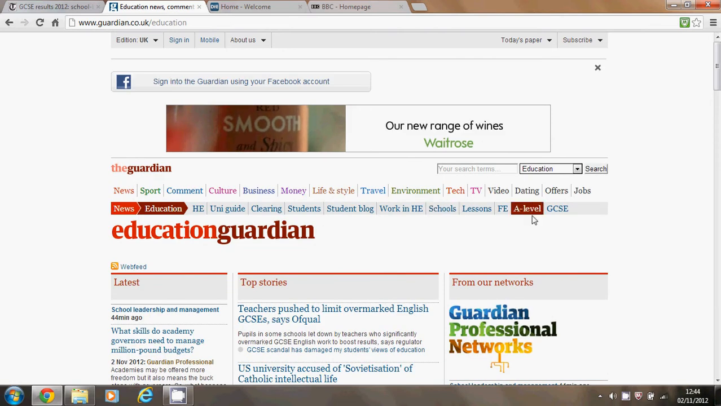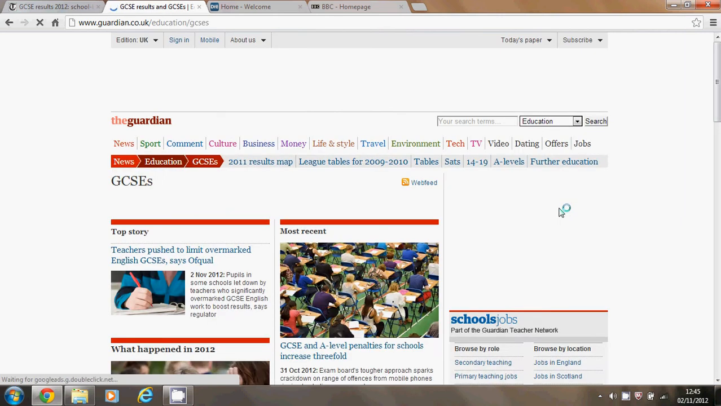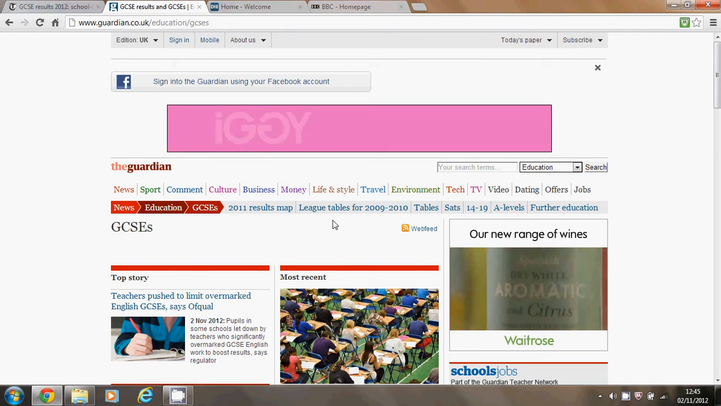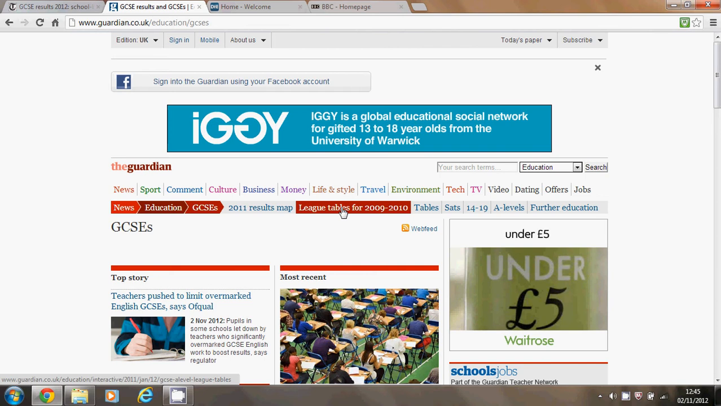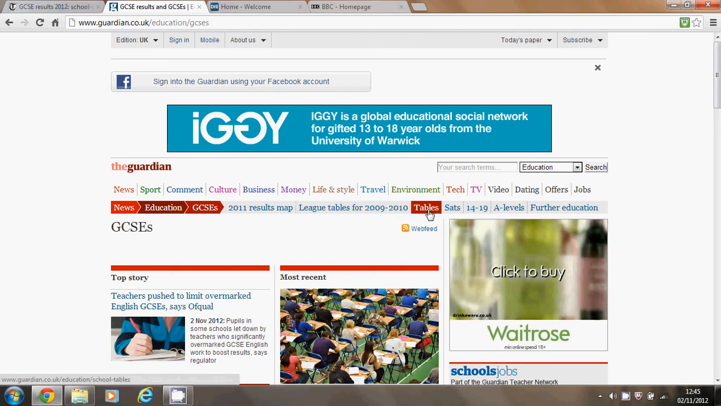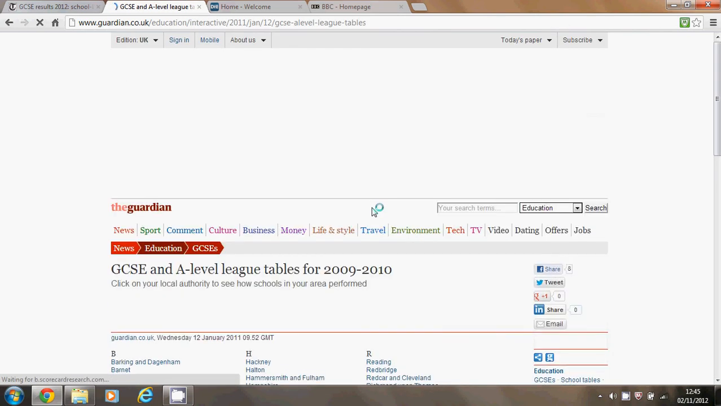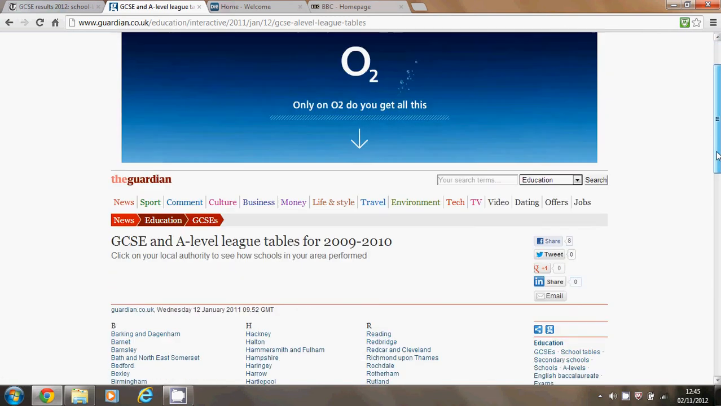If I look across here I've got GCSE, so another screenshot, explain that I'm doing that, justify why I'm doing it. This is looking quite promising. I've got league tables for 2009-2010. Now you don't really know if you're going in the right direction until you go there, so that's where the blind alleys might occur. It's quite a good idea sometimes to have a dry run of this before you put